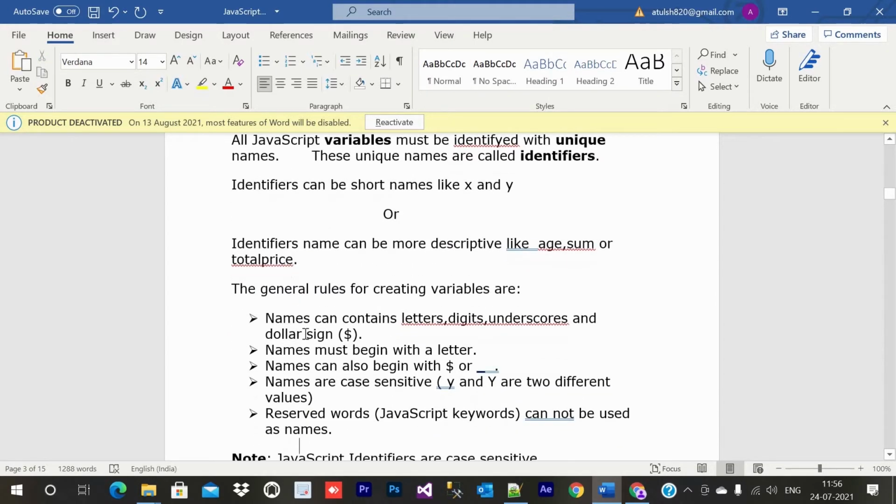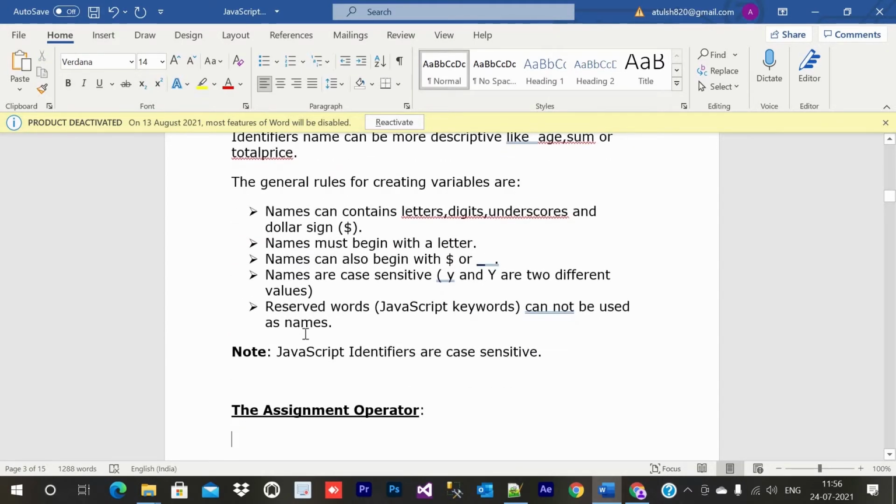So what are the general rules which need to be followed while creating variables? Variable names can contain letters, digits, underscore and dollar sign. Names must begin with a letter, and names can also begin with dollar or underscore.